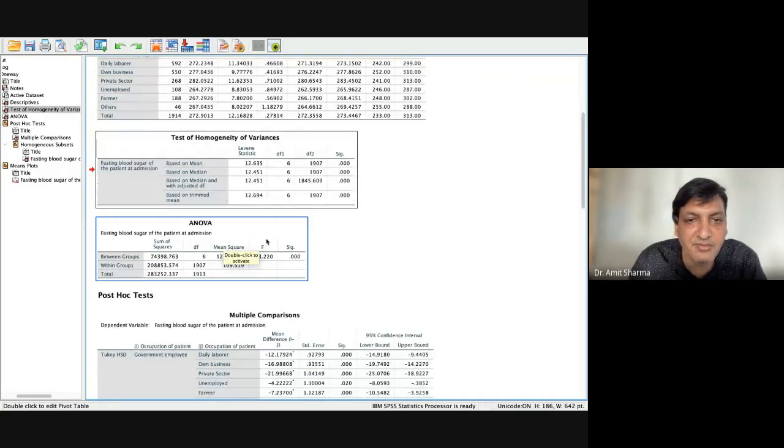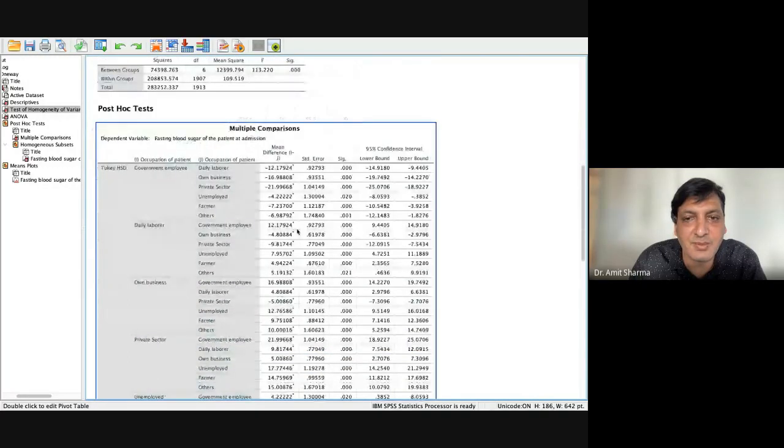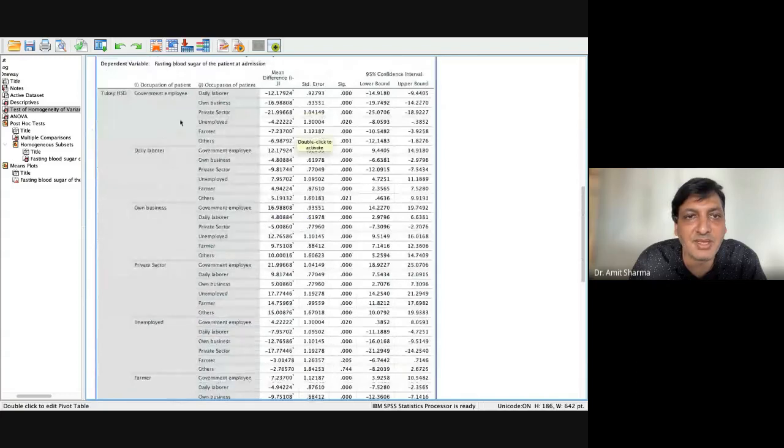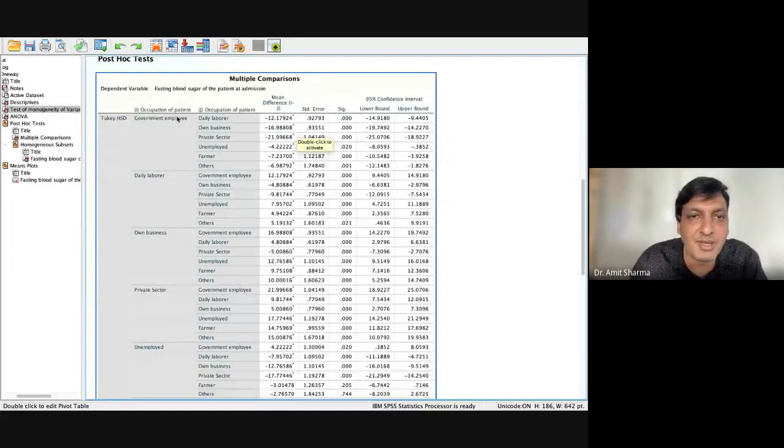And here, if we talk about our ANOVA, obviously I have got a significant result, the p-value is less than 0.05, and this will be called the multiple comparison table. Mean compared with other, that is, government employees compared with daily laborer, own business, private sector, unemployed, farmer, and other.